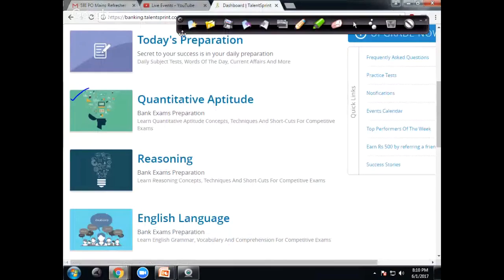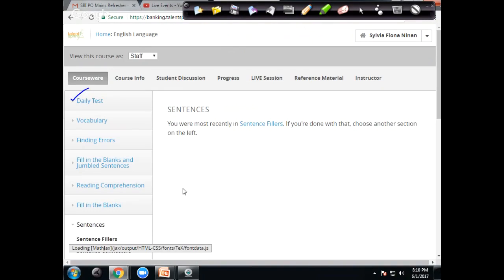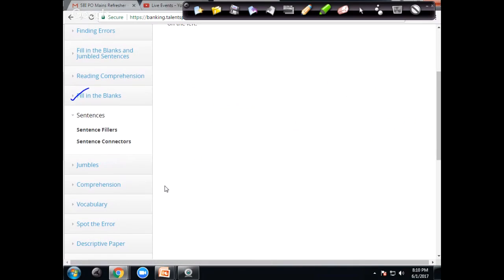Can everybody see? With respect to other question types, if you need more practice, will there be a session about the descriptive test? Yes, Ashima, we have one tomorrow itself. Tomorrow, same time, 6 o'clock.